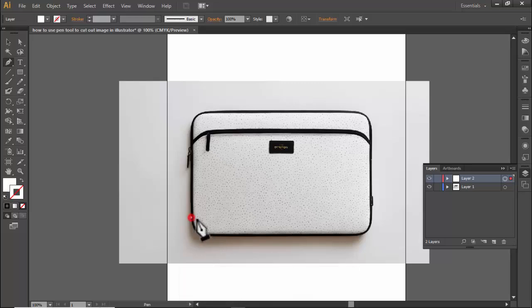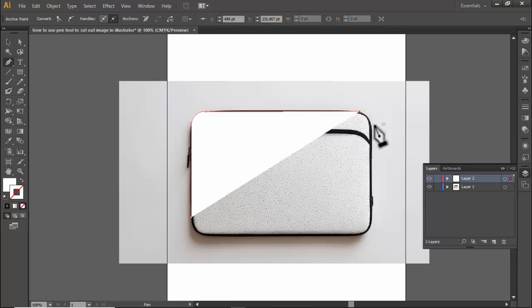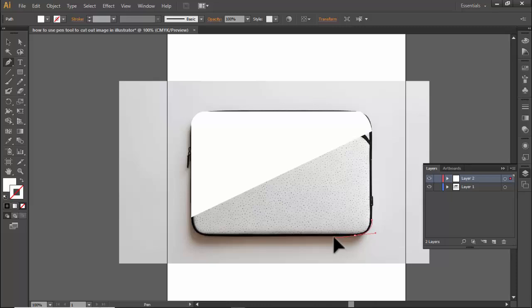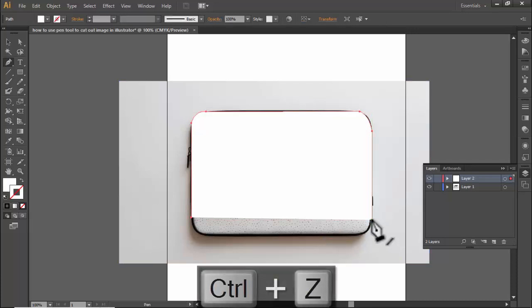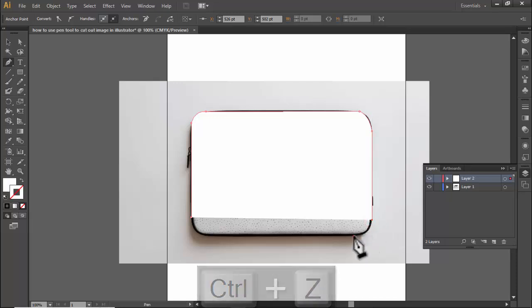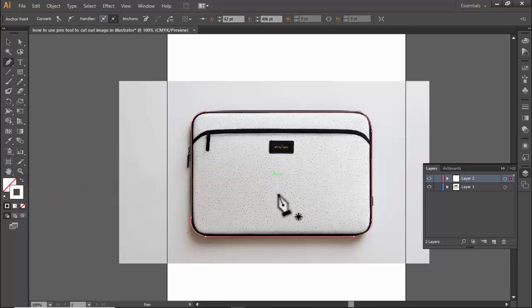Then select the, hold Alt, hold Alt, hold Alt. Okay, you can use it smoothly. Then